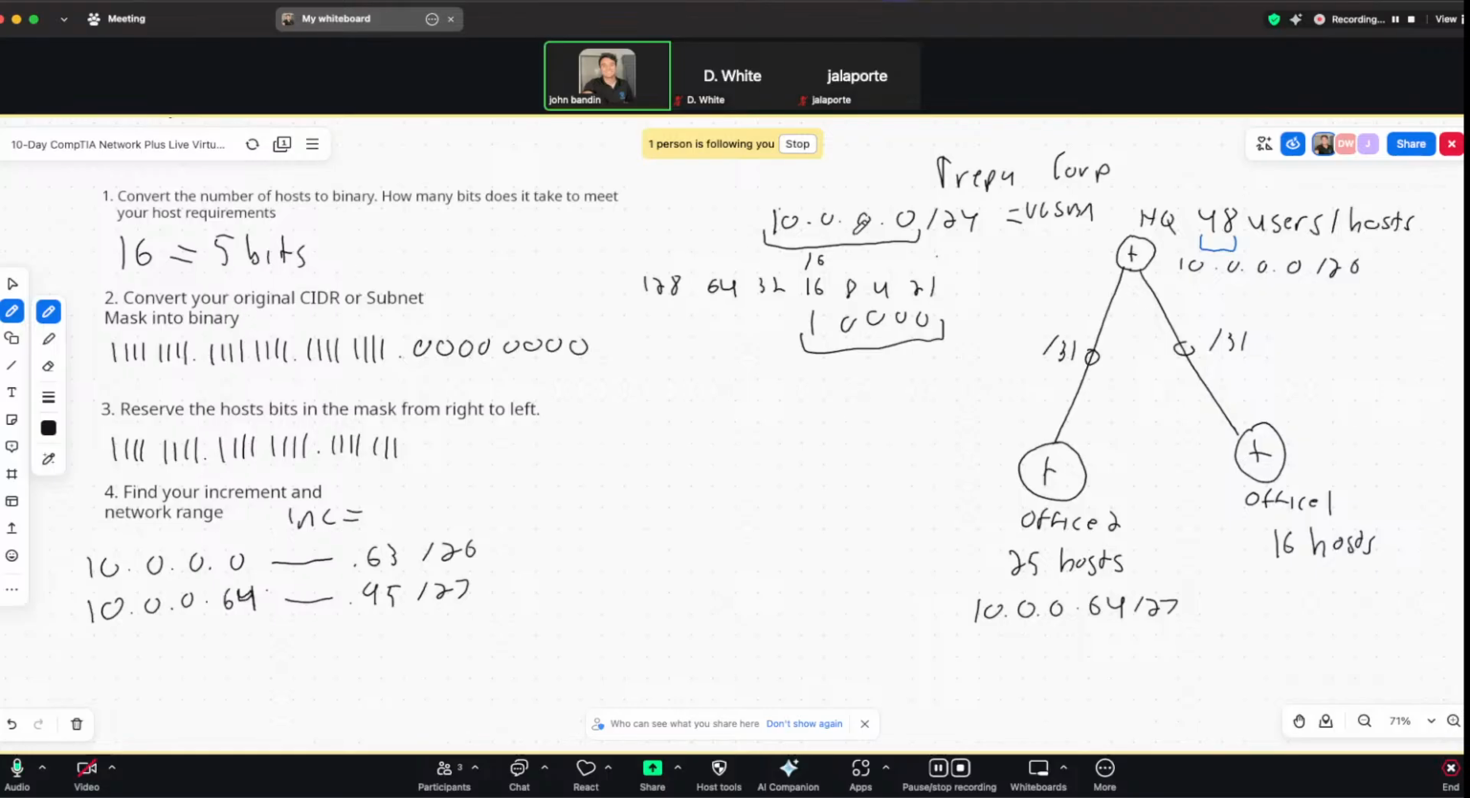Next, we're going to take our original CIDR, our original subnet mask, converted into binary. /24 means 24 network bits. 24 ones. The rest are zeros. Next, we're going to reserve the host bits in the mask from right to left. So I need 5 bits to get to my host requirement of 16. So that's 5 host bits. Then the rest are going to be ones. And then I leave my host bits there. My new subnet mask is